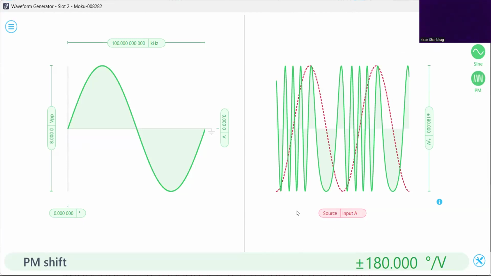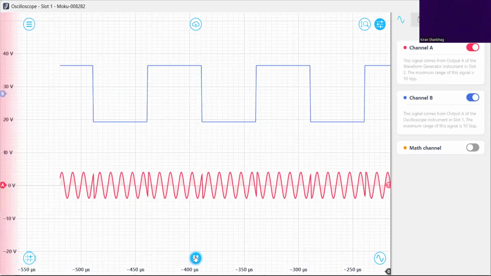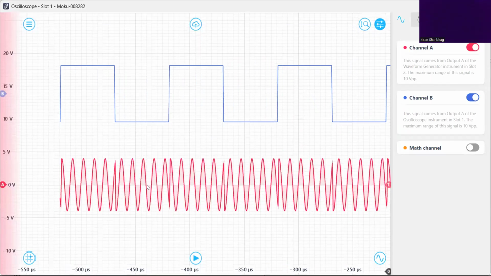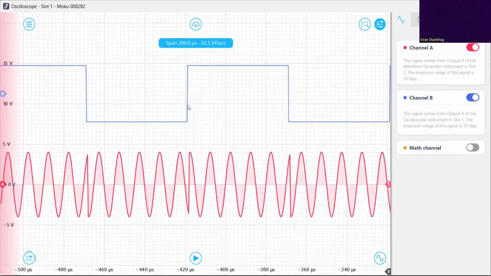Now let me take you to the oscilloscope here and let us see. I had paused, then I will resume. Okay. Now see, I resumed and you can see the changes. Let me just pause again. Okay, and you can see here, as anticipated, as and when the input is high or low, correspondingly there is